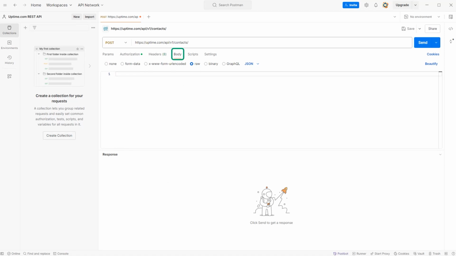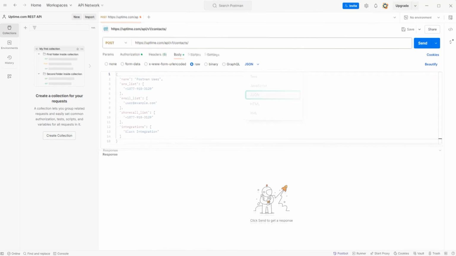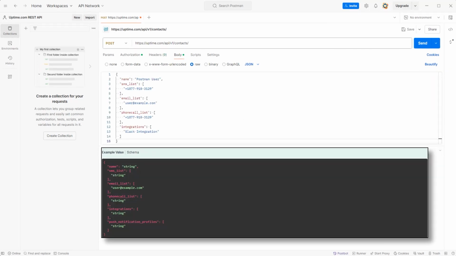By default, this option is set to none, but for our purposes, we will set this option to raw. Once set, we are provided with a drop-down menu of data formats. We will make use of the JSON option. In the text editor, paste the example JSON data from the REST API documentation and fill in your data to